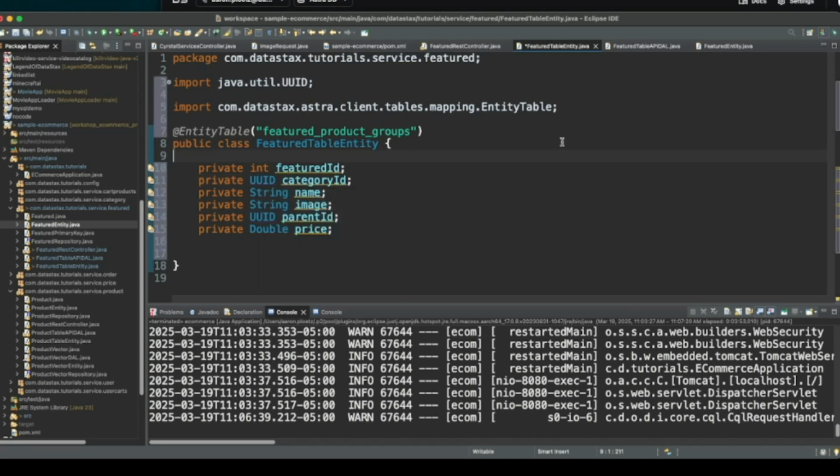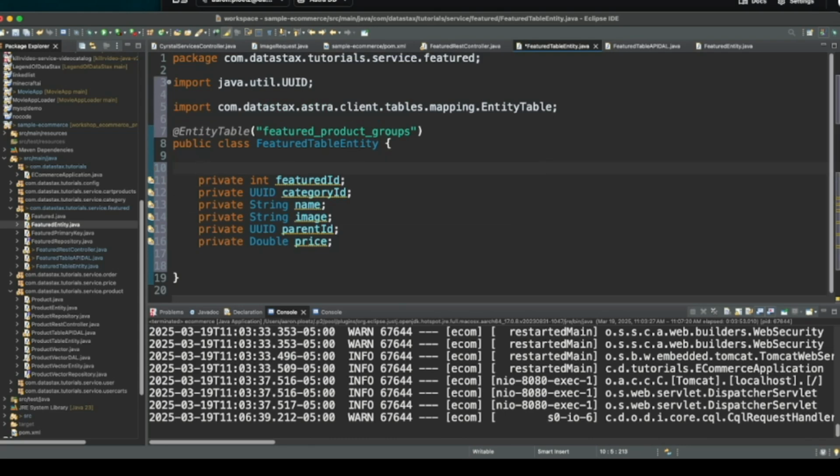And now a couple of things here. First of all, if you remember from our table definition, featured ID is our partition key and category ID is our clustering key. And those two class properties or columns together make up a composite primary key that we're going to be using.